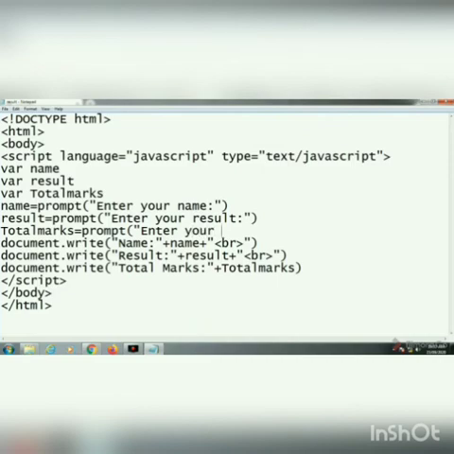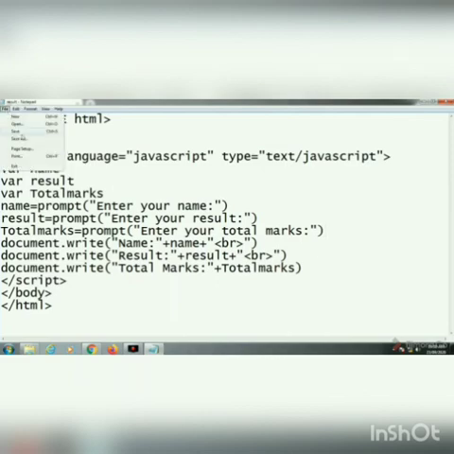Enter your total mark. Here also in between the quotation, whatever text you want, you can write. It is not necessary to write enter your text. You can write enter marks, or what is your total marks. You can write any statement within the quotation mark.